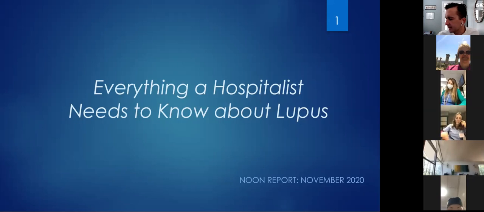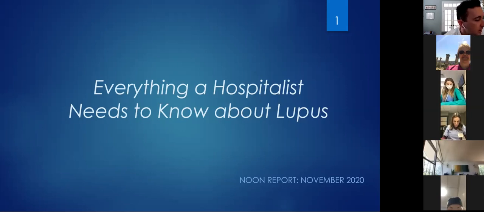So, okay, today I wanted to talk about lupus. I try to pick out things that either I feel like our group in general struggles with, or things that are complex in terms of their physiology. I think lupus is one of those things that all of us are probably a little bit weak in, or maybe everybody else is really strong in it, and I'm projecting my weakness onto you guys. But I think it's something that we could all probably do a little bit better on. So let's talk about lupus.